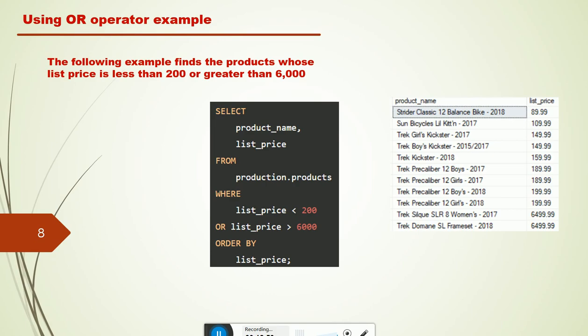So if we compare the AND and OR operators, in case of AND, if both conditions are true, then your result will be true, or you will retrieve the information only when both criteria have been fulfilled. In case of the OR operator, if either one condition is true, you will get the result.